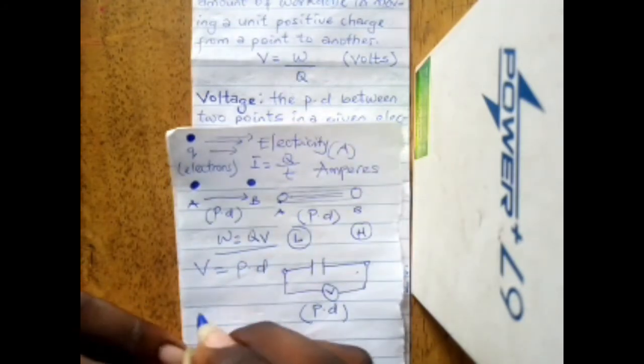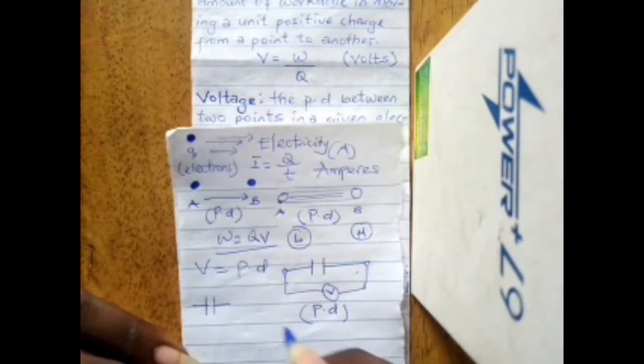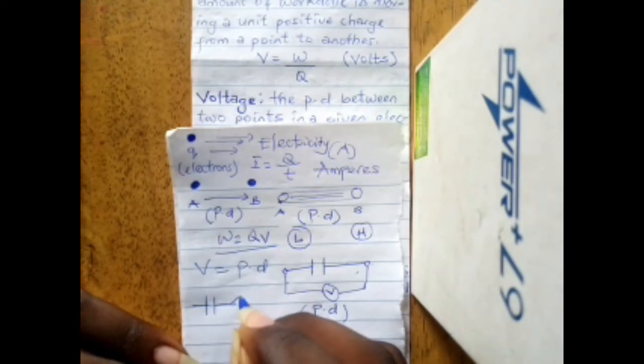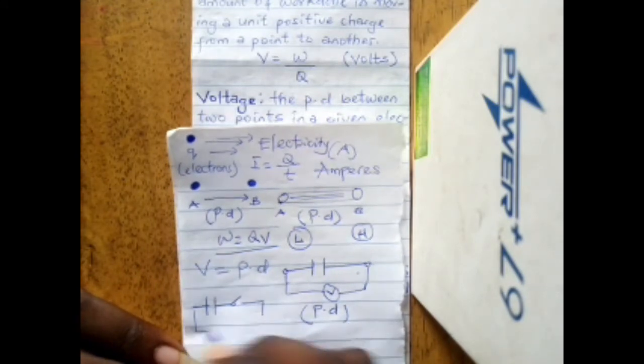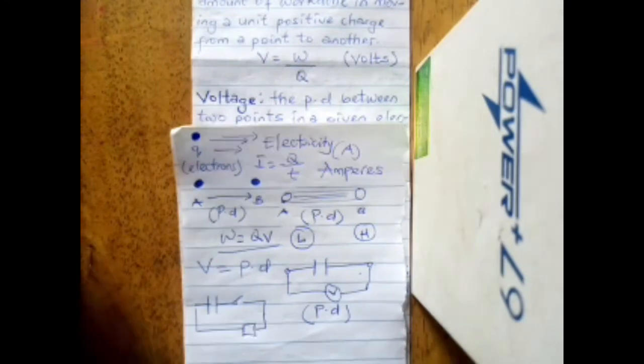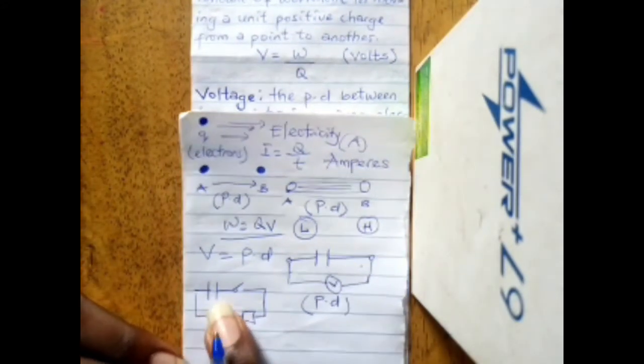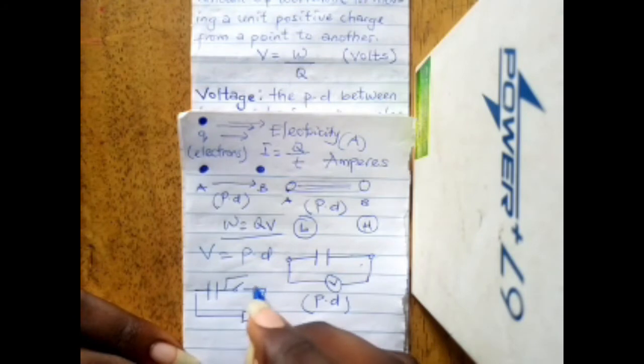But let's take another example. You have a battery, let's say connected to a switch. So you have something like this now. By connecting a voltmeter,